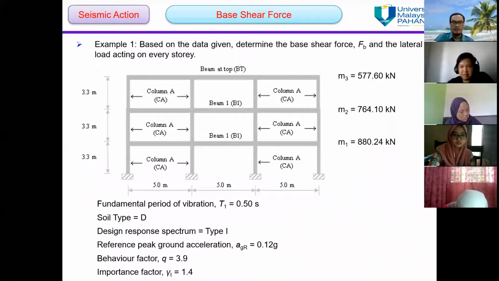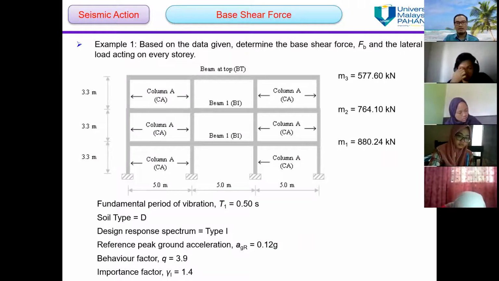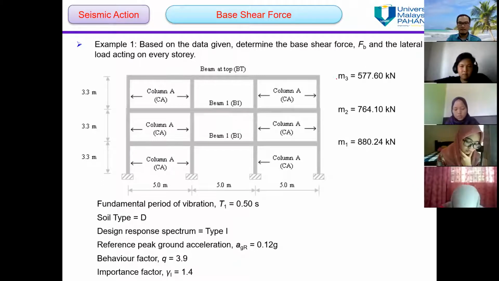Okay, let's go to example number 1, which is: based on the data given, determine the base shear force and the lateral load acting on every story. This is the given data, which is the mass for story number 3. Mass comes from the self weight of the structural elements, from the other dead load, and some